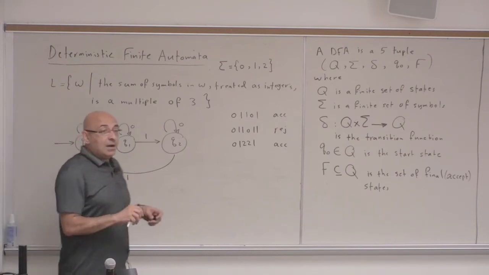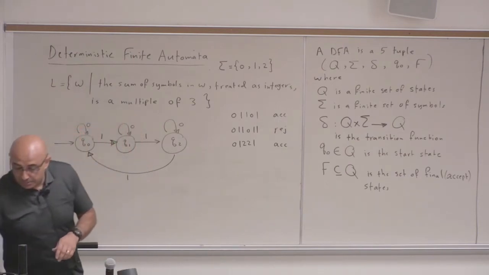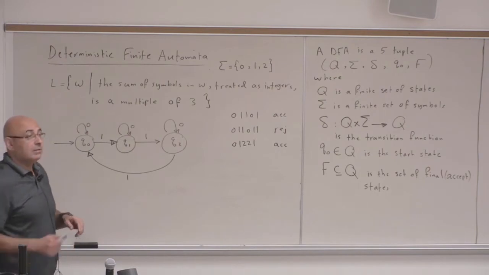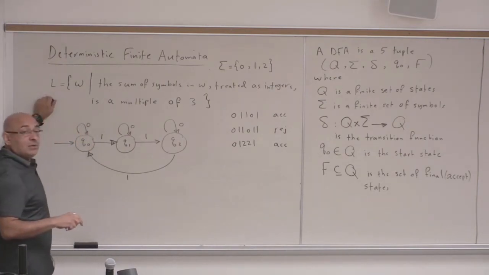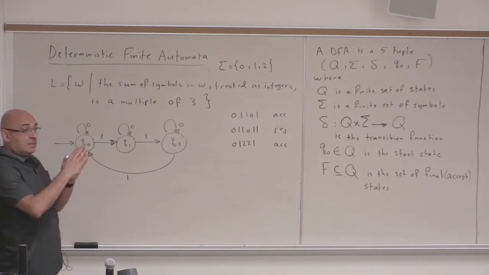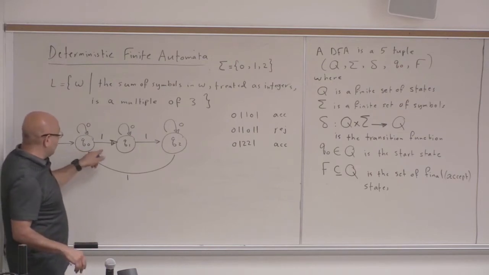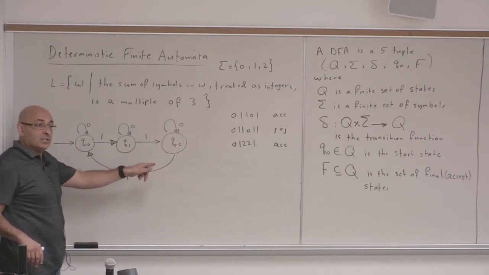Okay. Now the trickiest symbol to handle here is which symbol? 2. Now if I'm in Q0 and I get a 2, where should I go? All the way to Q2. To Q2. It's just 2 steps, the equivalent of adding 2 ones. 2 is just like 2 ones.